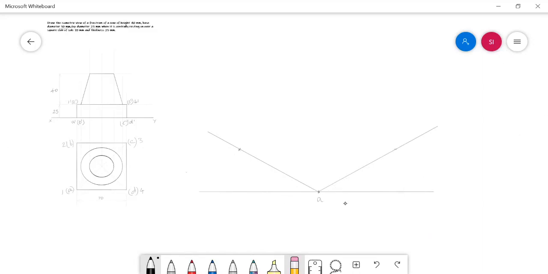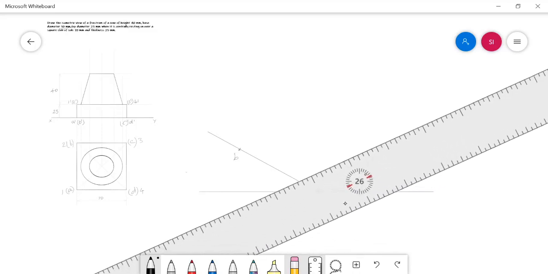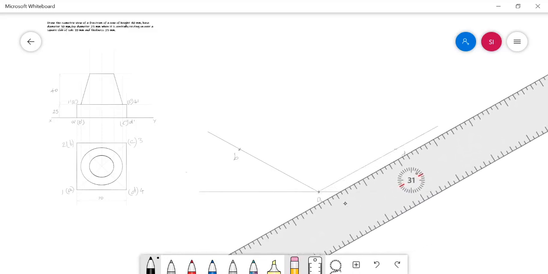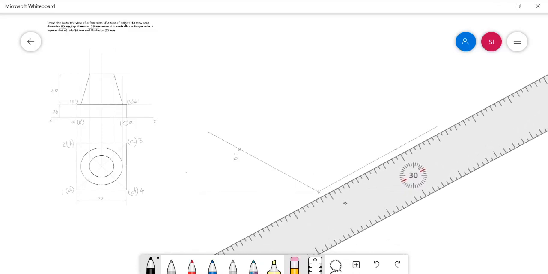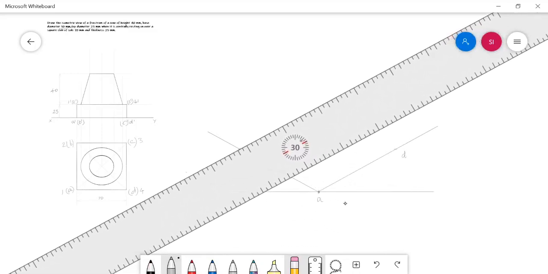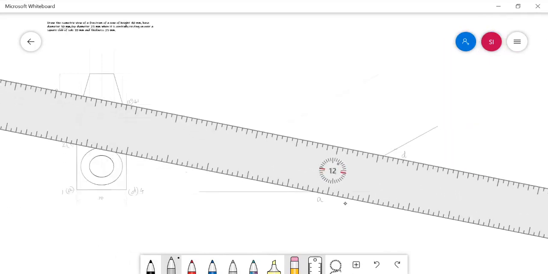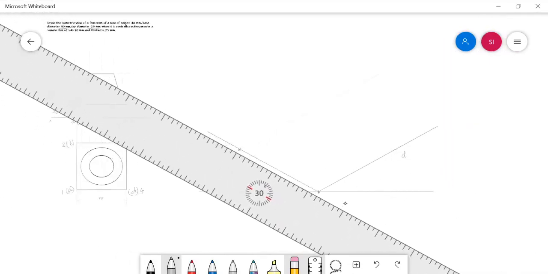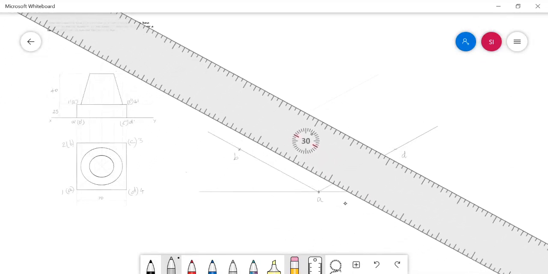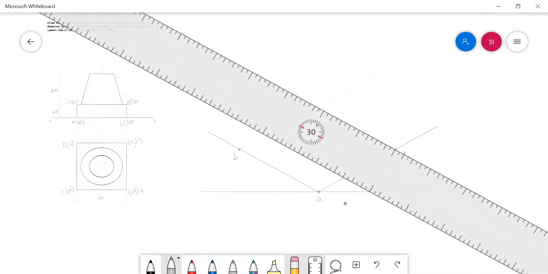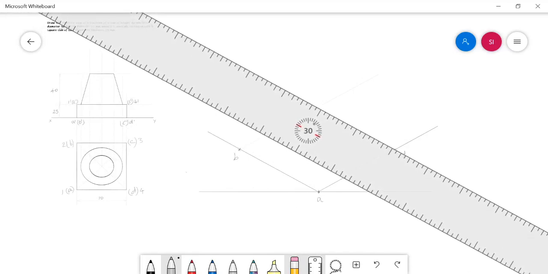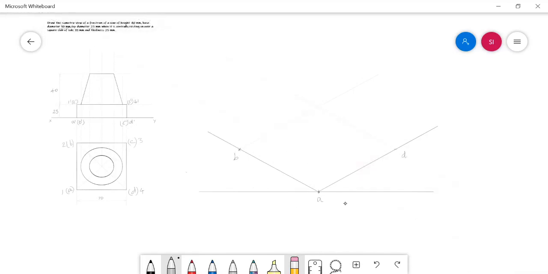So this is nothing but the point B and here D. Now I am going to mark the point C. For that, first I need to make the drafter parallel to the side AD, and from the point B I needed to draw a line, and then I needed to make my drafter parallel to the side AB, and from the point D I needed to draw a line. So both will intersect at a point, and this point will give you the location of the corner C.